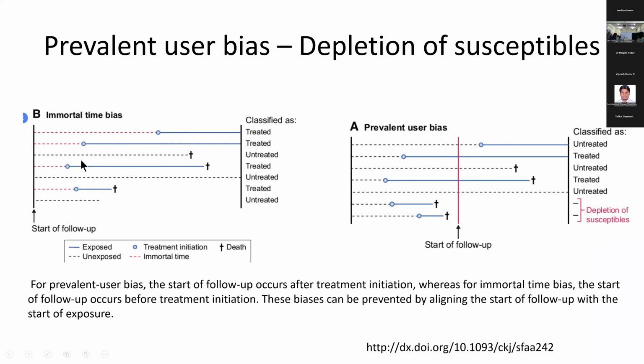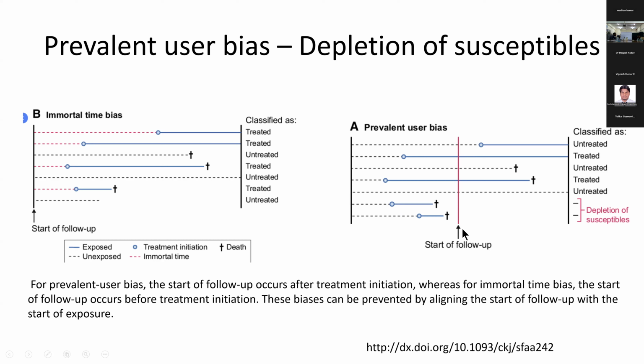So in immortal time bias, the follow-up happens before the treatment is initiated. If you look at this diagram, this is the start of follow-up. The blue dots are when treatment is initiated. This is the treatment exposure. This is the death. Now we know that starting follow-up here leads to immortal time bias. If we start follow-up here, people get treatment and they are on treatment. And if you start follow-up here, what can happen? This patient is unexposed, has not got treatment. You started follow-up, and he has got treatment. You would classify as,